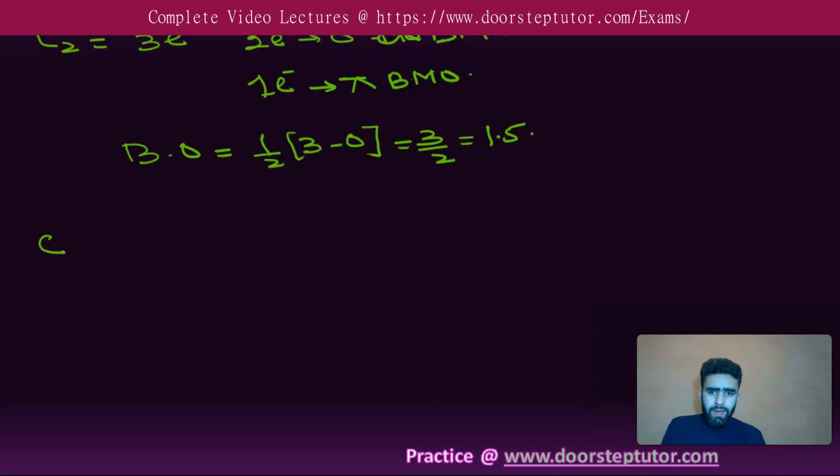Similarly, if there is this species C2 negative, then the number of electrons will be equal to 6 electrons. So 2 electrons will be filled in the sigma bonding molecular orbital, and 4 electrons,